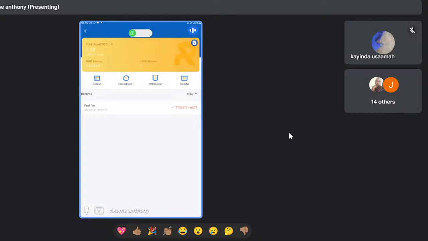It's just like when you're riding your bike. Once fuel gets done, you either push it by your hands for it to move, or it will stop. So this is fuel fee under the asset. So make sure you have the